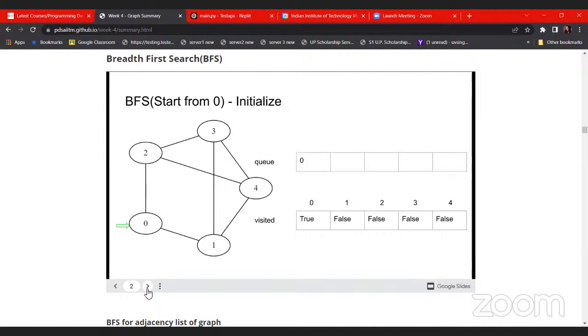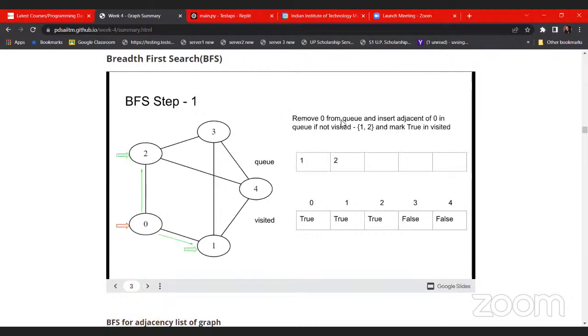We will insert these vertices if they are not visited, we will insert them in our queue. So these are the things. Remove 0 from the queue and insert the adjacent of 0 in the queue if not visited. There are two adjacent, 1 and 2, that are not visited till now. So we will mark that 1 is true and 2 is true, and 1 and 2 we will insert